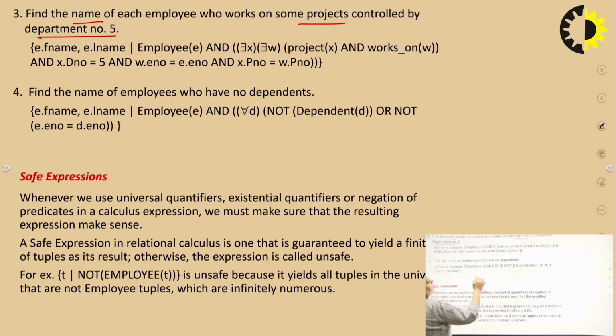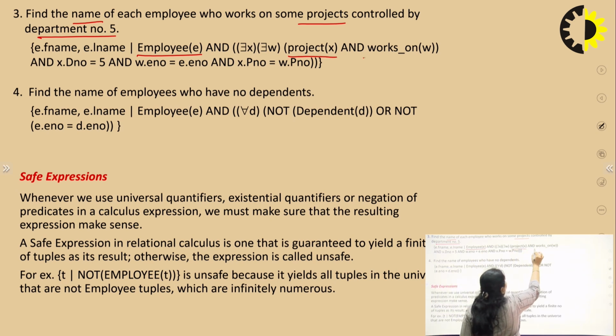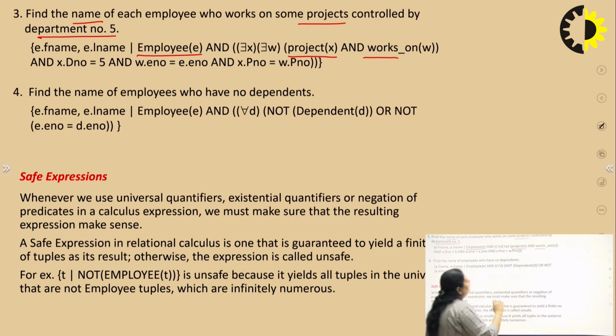We are fetching 3 tables here. First one is employee E, then we are fetching project and works on. So here are employees where there exists a project and there exists works on that project. Some employees work on that project.